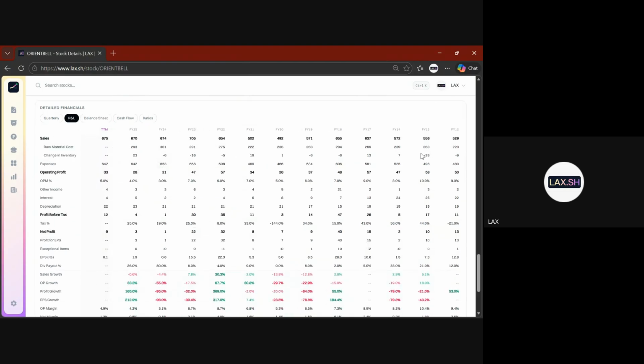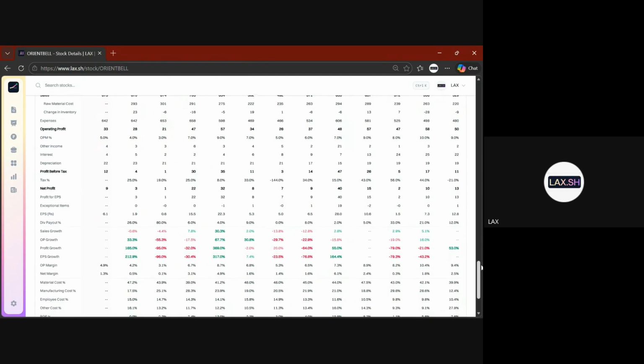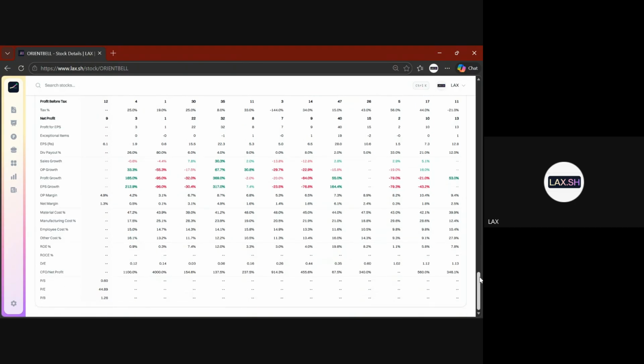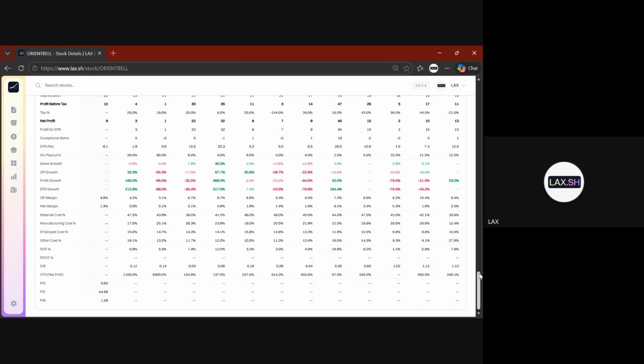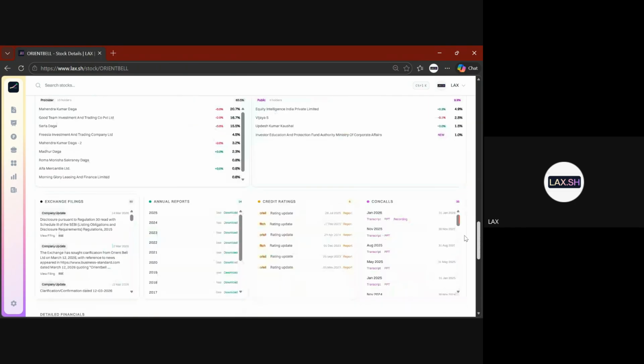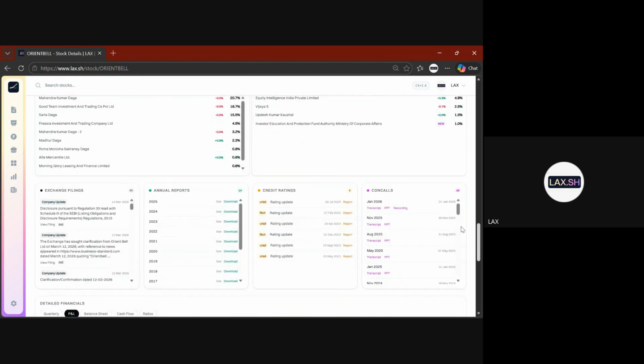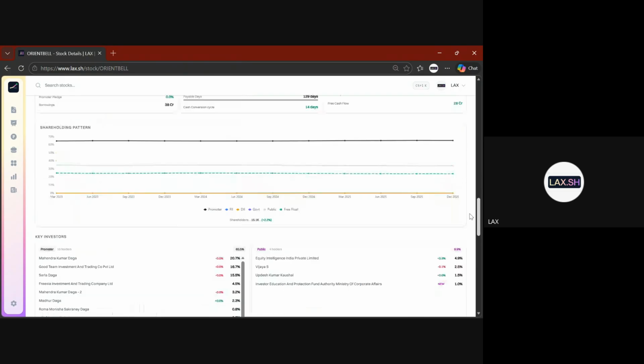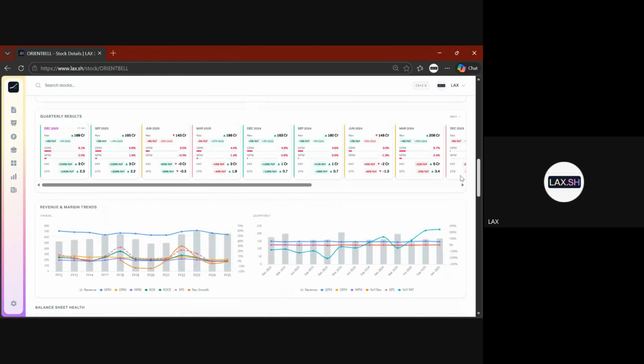Look at the P&L, okay? Sales 500 crore, then 655, then 675. In fact, it is flat. The margins have actually dipped. So the business has been flat, a really bad time. The hope is it will turn good from here, but the hope might not materialize. That is why you have transcripts, PPT, recording, and rating updates. Read them, go through them, and you'll then find whether valuations are good or not.